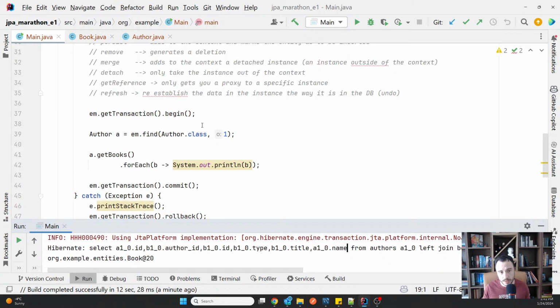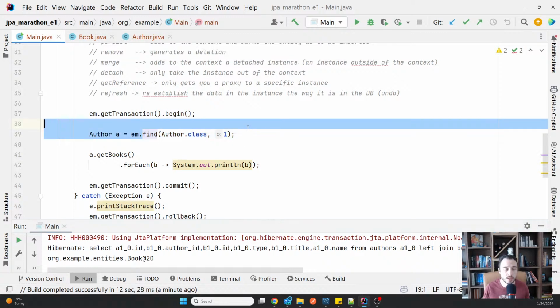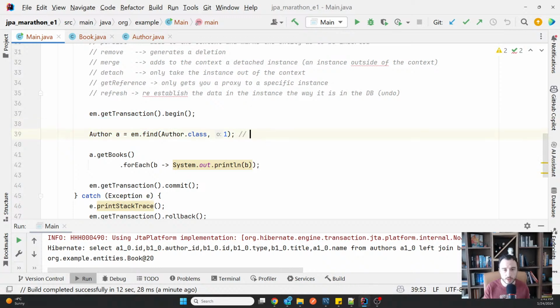Another option is, instead of using find, like I do here, write a query with a join. So I can simply write a JPQL that uses a join on the books, and I specify exactly through the query that I want to fetch the books as well. But then I do fetch the books only with the queries where I specifically want to fetch them. That's a better option.